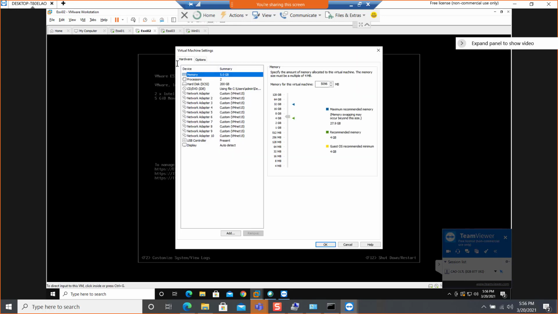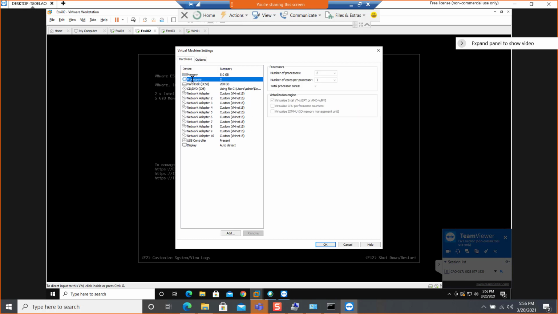Then you go to VMware Workstation, you have to shut down the specific machine, then go to the processors here, and you need to check this unchecked option and this unchecked option. You need to select all three options for the virtualization engine. In case your laptop or desktop processor is not detected, shut down ESXi 2 and ESXi 3 only,